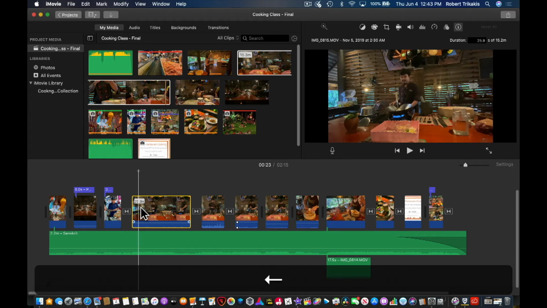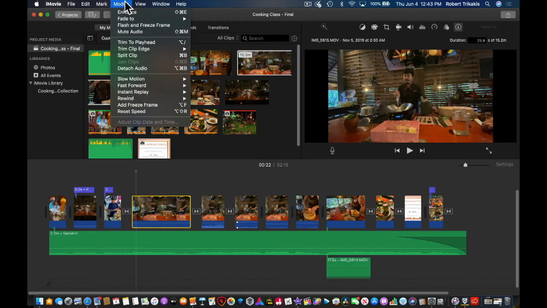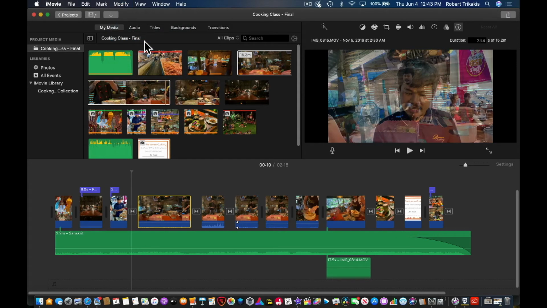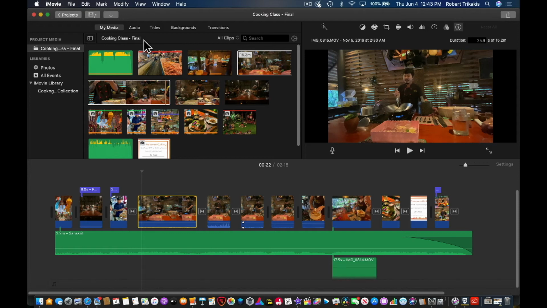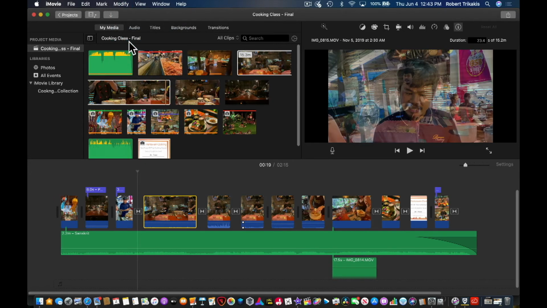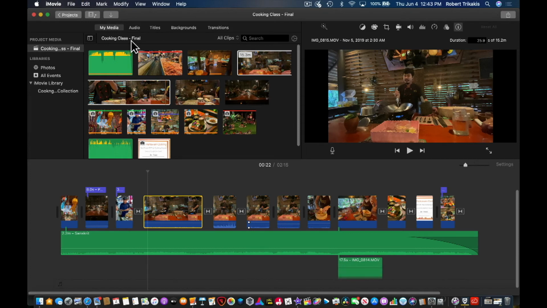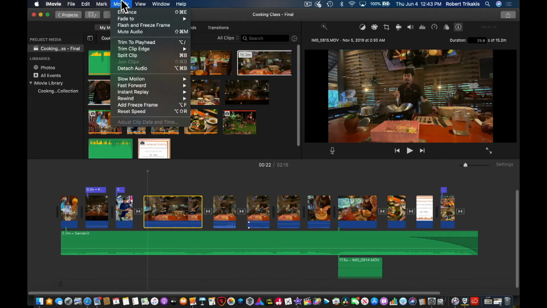And so if I don't want to set an in point and I want to move my cursor to this location where he had his hand on the wall, I can come up to modify and say trim to playhead. It trimmed the beginning of the clip off. I'll undo it and I'll do it again. Trim to playhead. Undo. What we can also do in the modify area,